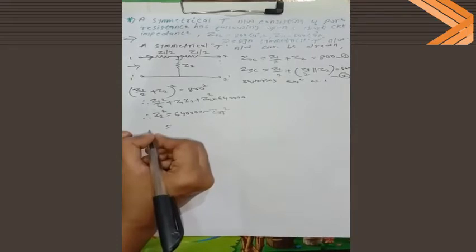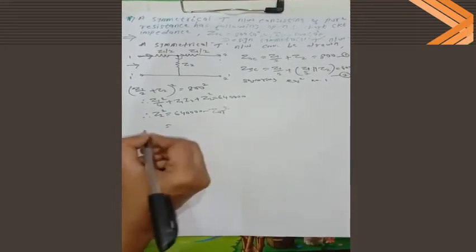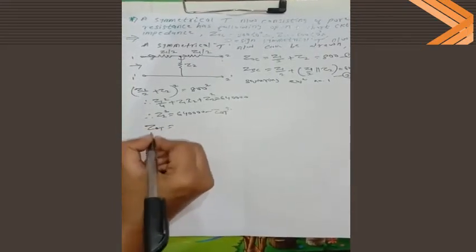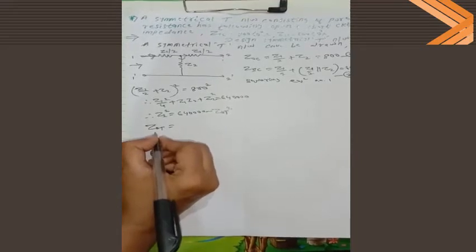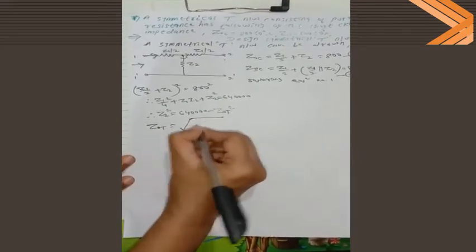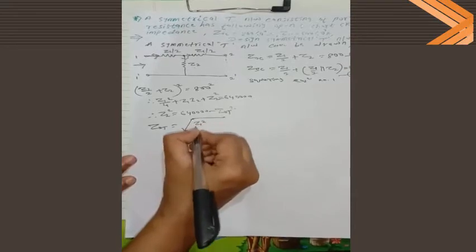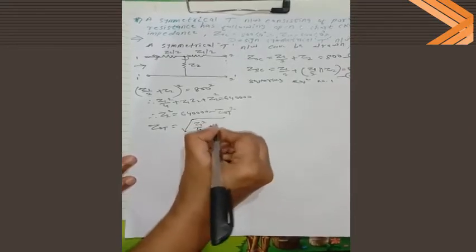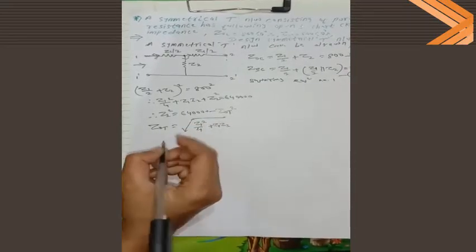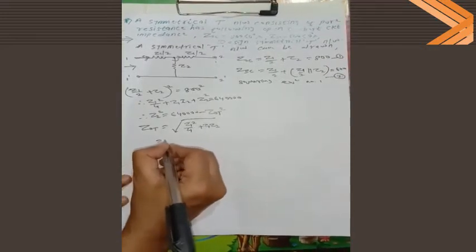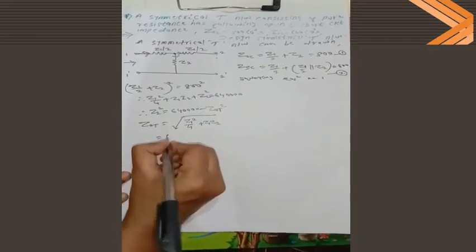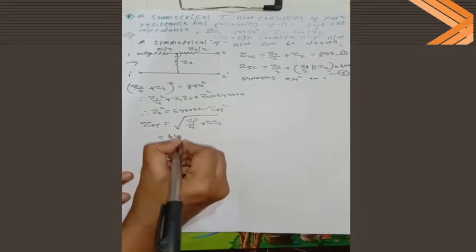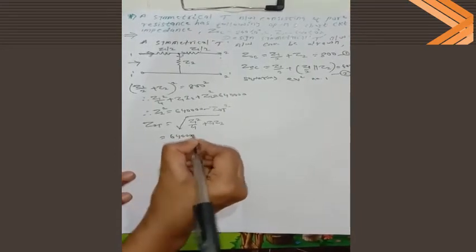That is nothing but the squaring term. So finally, how we get this Z0T, that is nothing but the characteristic impedance of a T network. That is nothing but my Z1 squared by 4 plus Z1 Z2. Okay, so just substitute the value, that is nothing but 640,000, okay,